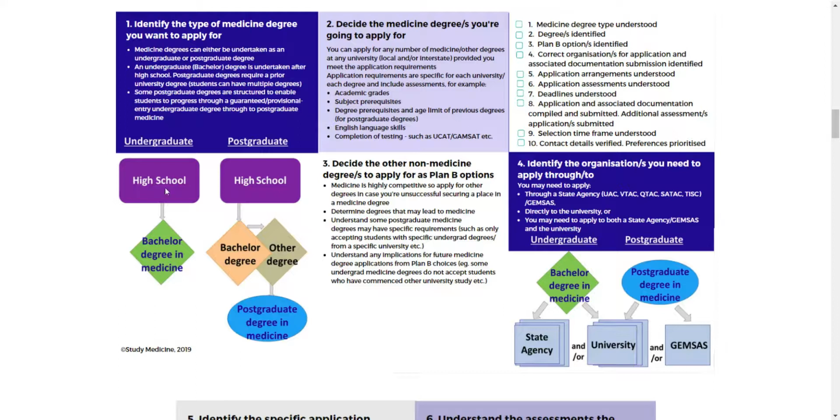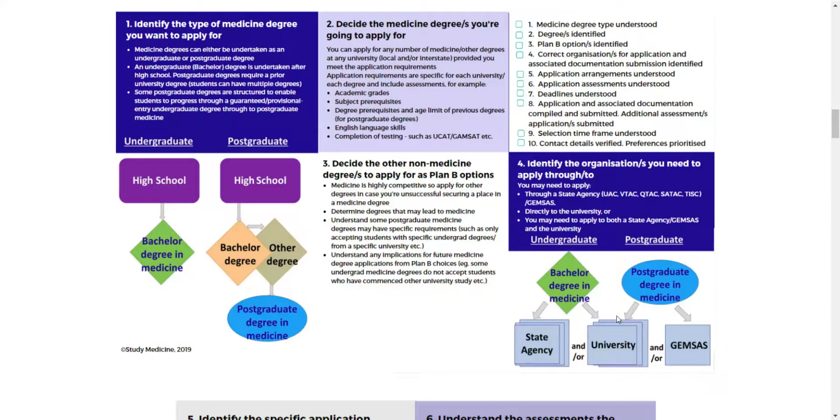The fourth step is to identify the organisation you need to apply either through or to. As I said before, the type of medicine degree determines how you apply, and the specific university that you're applying to also will determine the application process. So, for example, if you're applying for an undergraduate medicine program, you may apply through a state agency such as TISC, SATAC, UAC, VTAC, for example. You may have to apply directly to the university, or you may have to apply